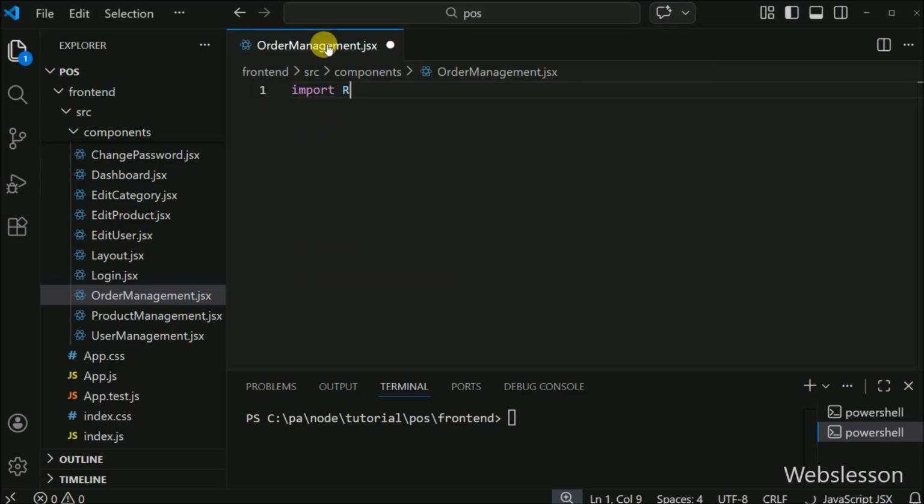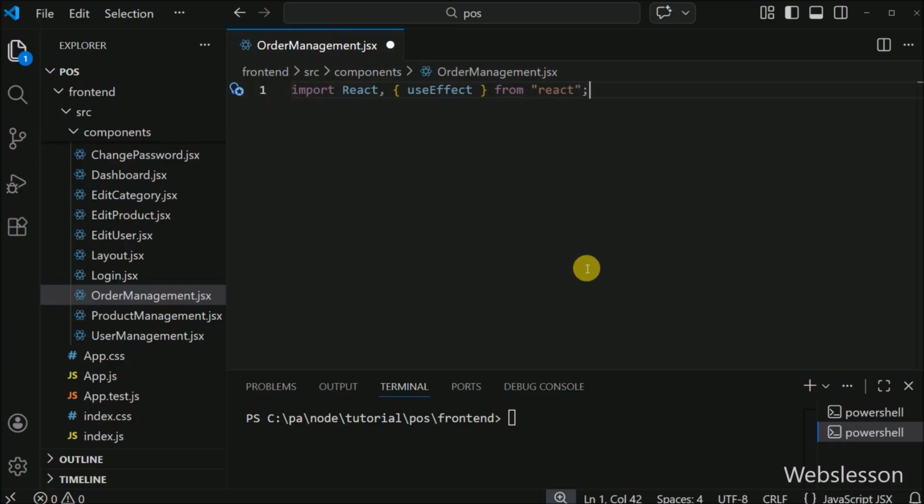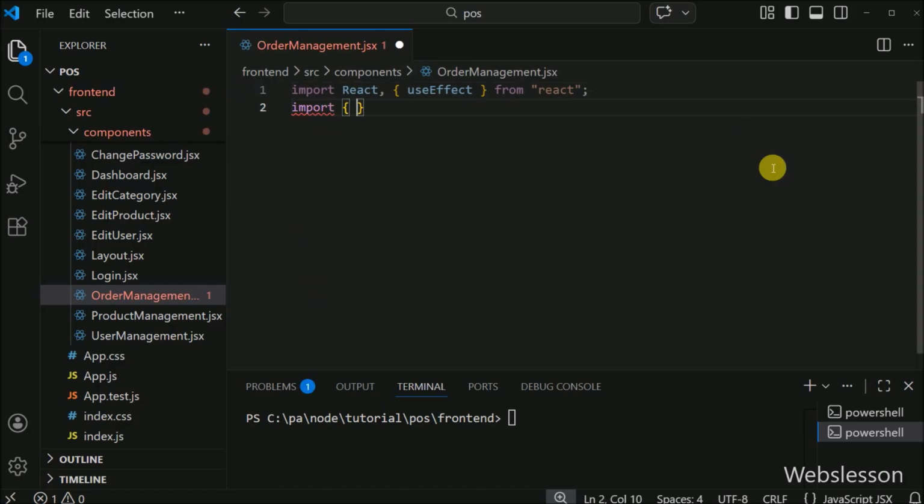So first we have to write an import statement with the React library and the useEffect hook from the React module. Hence here, we have brought in React core functionality along with useEffect, which is ready to initialize the powerful DataTables plugin when the component loads. Next we write a destructuring import with Link from React Router DOM. Therefore here, we have imported the Link component to create clean breadcrumb navigation back to the dashboard and maintain consistent